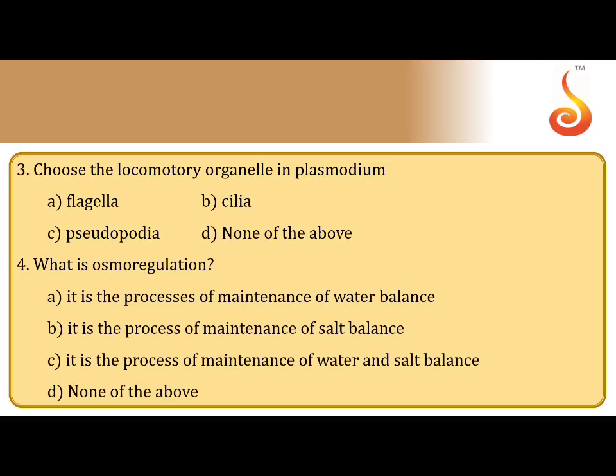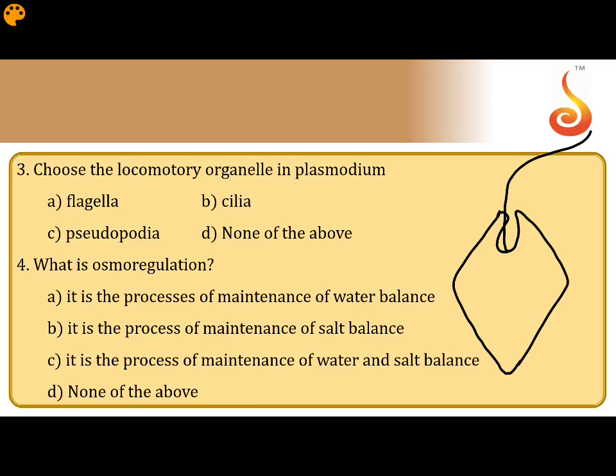Next comes osmoregulation. What is osmoregulation? It is balancing the water content in the body. So how you are balancing? Along with electrolytes. Now let me explain you with an organism. This is Euglena. Euglena has one single flagella. It is generally greenish in color, covered by a layer which is called as pellicle. At the base of this flagella, there is presence of contractile vacuole